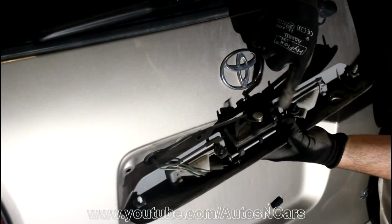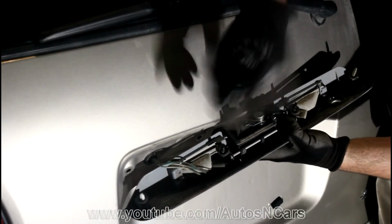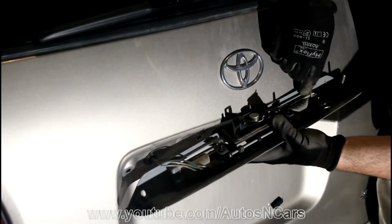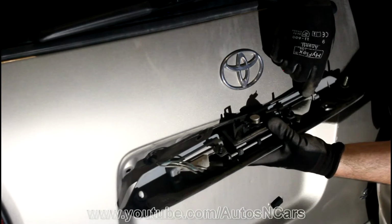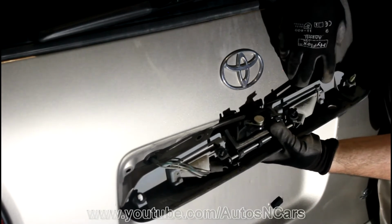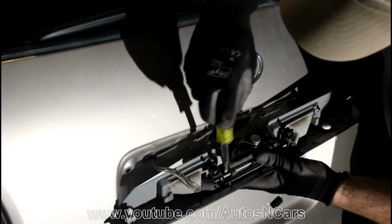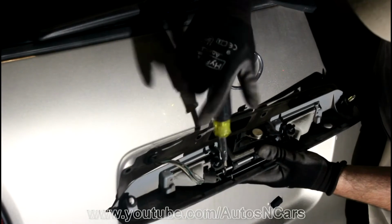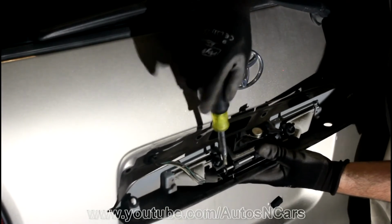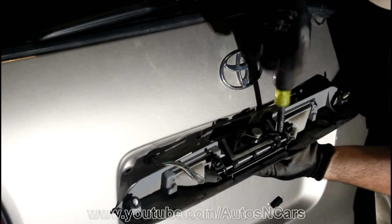That moves this way, handle moves this way, pulling the cable, door gets unlocked. So with this broken piece, it was completely possible to open it up, and we did it. So just for you to understand how we did it. Now we need to simply unscrew it. There are two screws that are holding it. One screw, another screw,